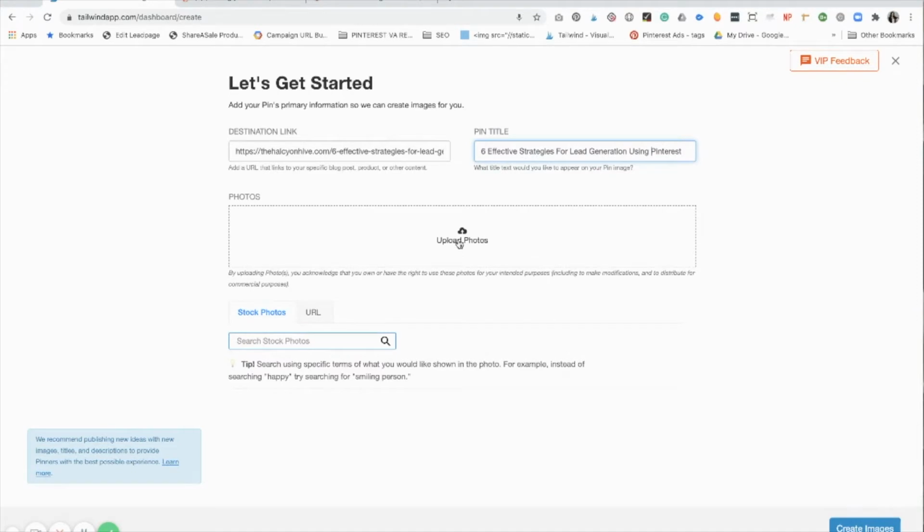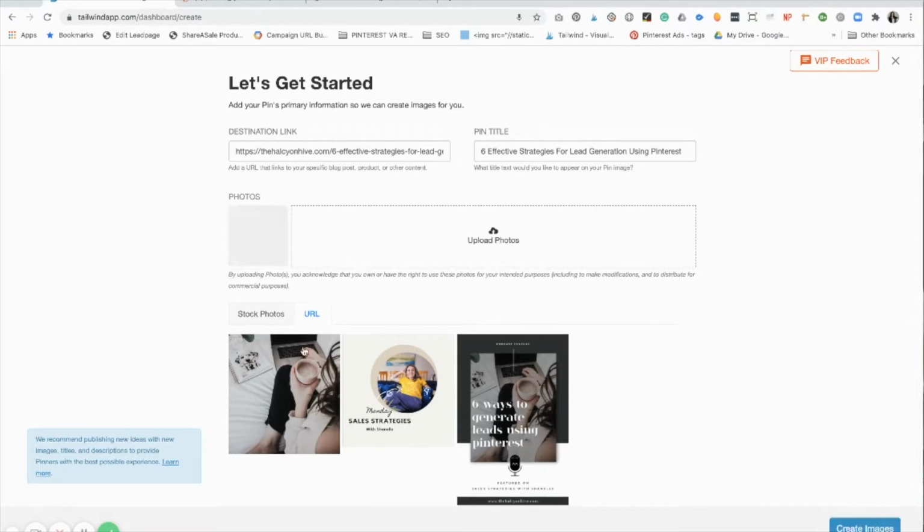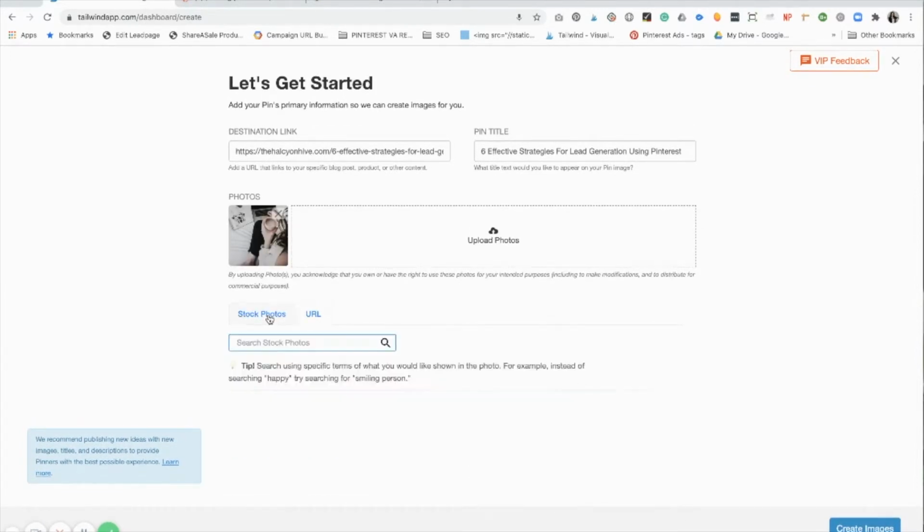Next, you want to add some photos. If you click on the URL tab, you can grab any of the photos that are already loaded into your blog post. You can then also use stock photos. So maybe I'll say,